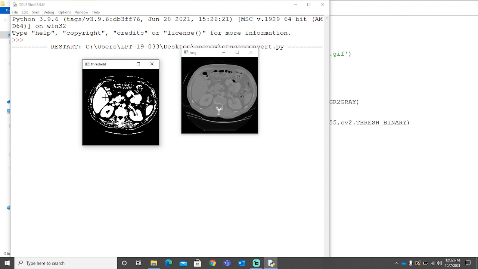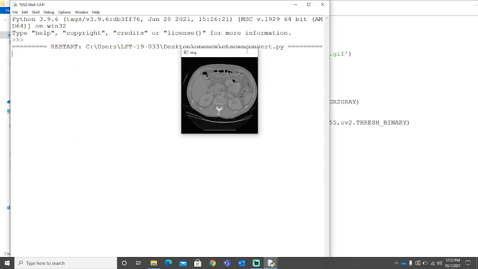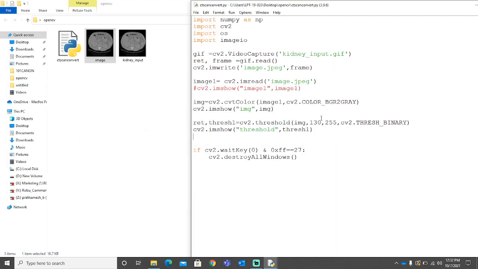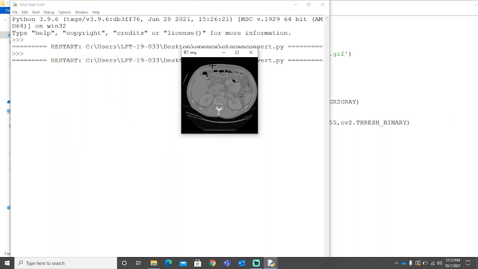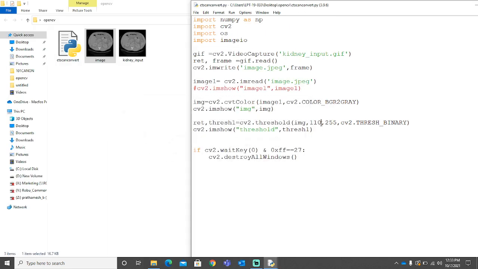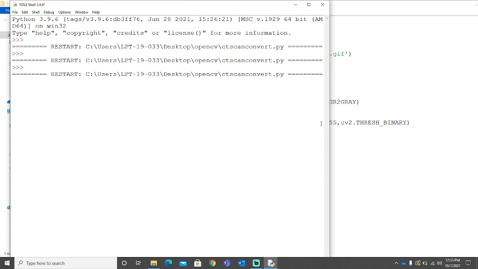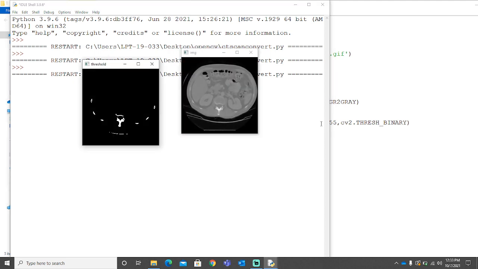So what we did here is, as I told you, 0 and 1s, whichever is below the value of 130 is 0 and above is up to 255. It's from 0 to 255 only. You can increase and decrease the value and see the difference. Let's do it 110 and try. Just try. See, the whole image is filled up. So this is not what we need. You can tweak it as per your necessity. Let's do it 120 and see how it works. And yeah, nothing is visible.